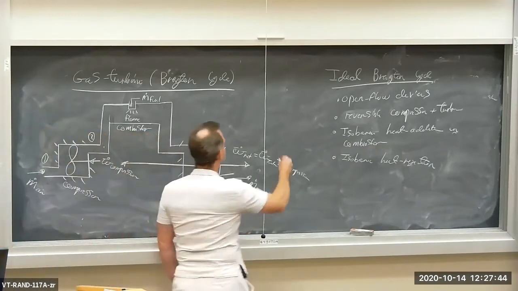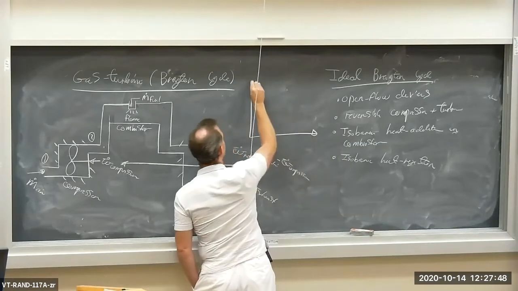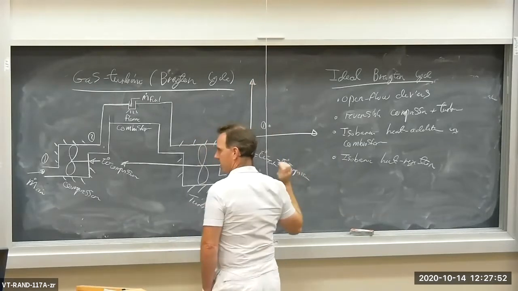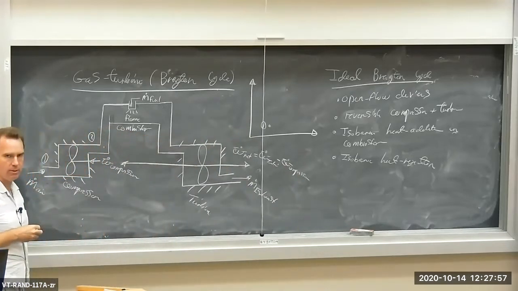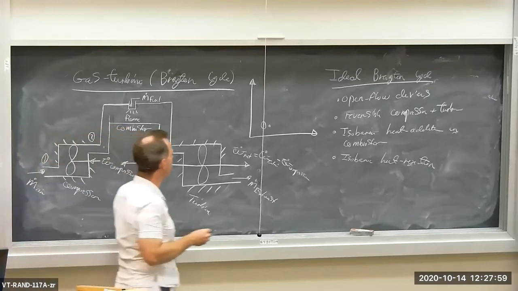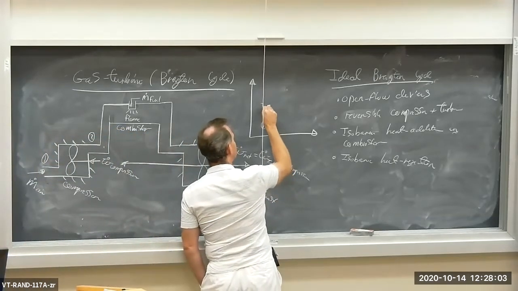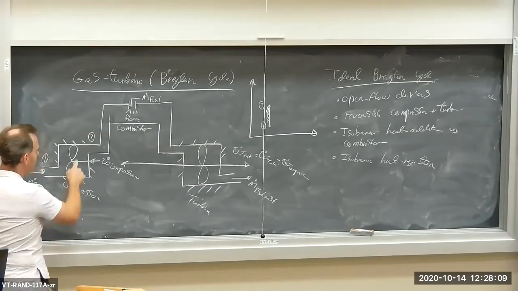So let's draw the TS diagram as we go along. We start off at state 1. And then if we're dealing with the ideal Brayton cycle, we have reversible compression up to state 2 in the compressor. And then the compressed air